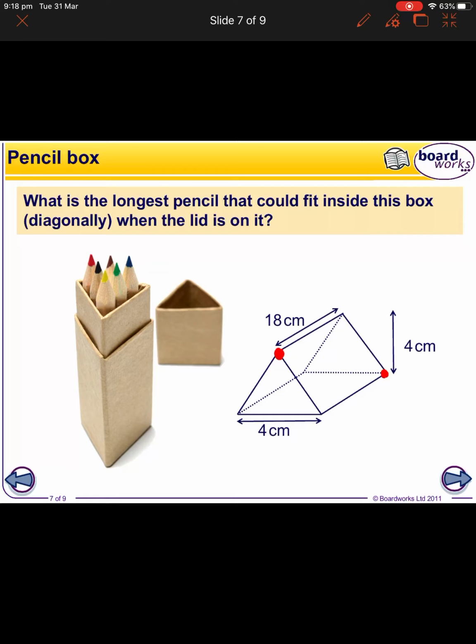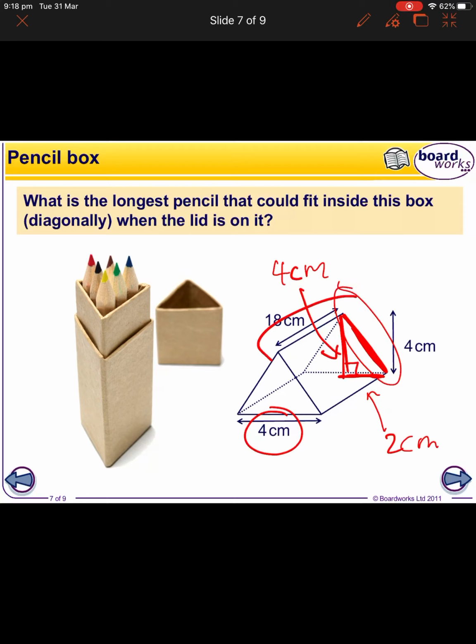And if that was the case, well, you can see that all I would need to do is figure out that length, and I already know that length is 18 centimeters. So I'd have to find out what this length is here, and then I can use Pythagoras on this right angled triangle, which I see here. So the way that I'd figure out that length is I would use the fact that that is 4 centimeters, and I'd use the fact that that is 2 centimeters because it's half of this 4. So I would use 4 cm there, and I would use 2 centimeters there. I would use Pythagoras to find this length, and then I can use that length and that length to find